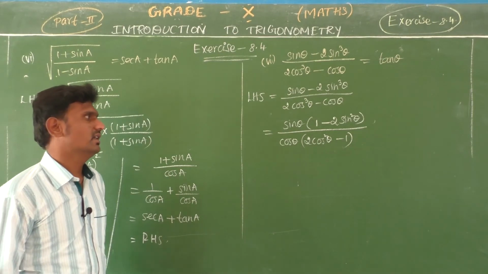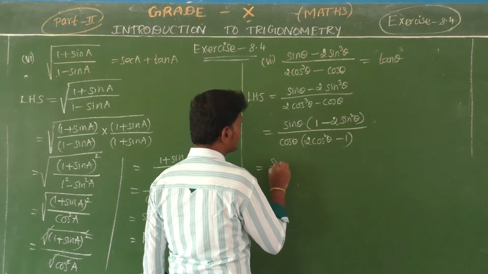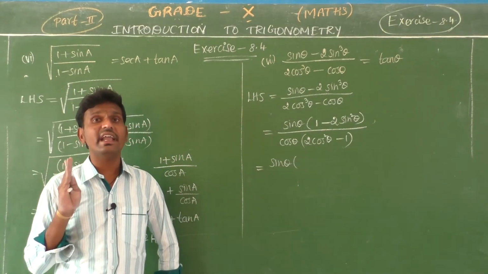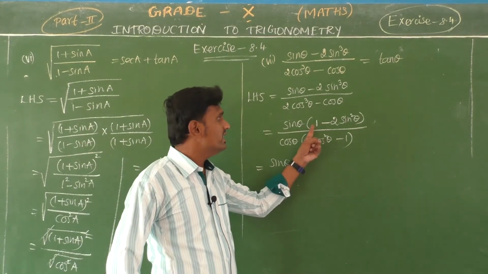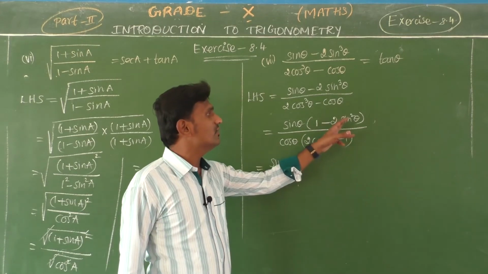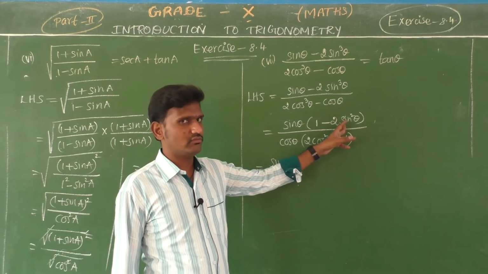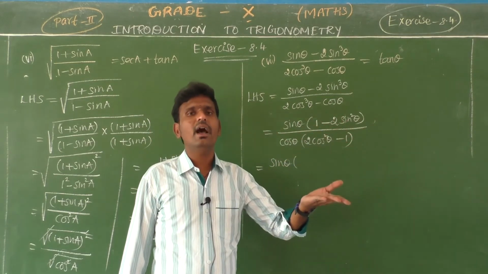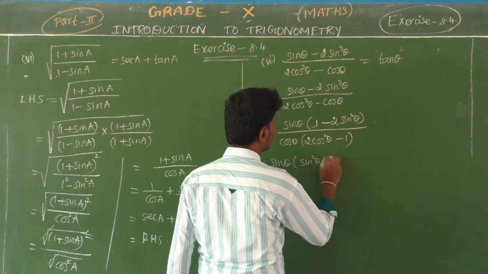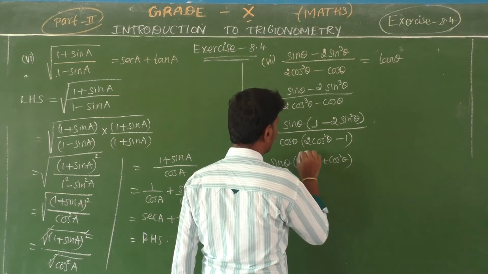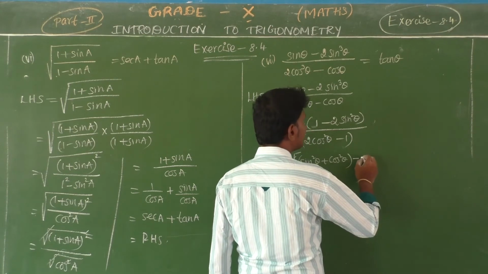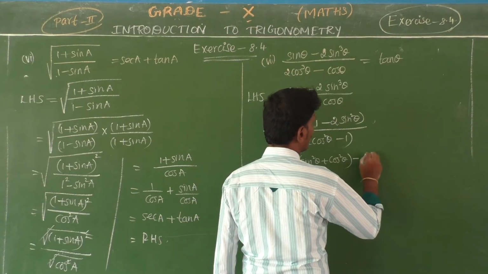Now see, sin theta into... this question is fully for the concept of the first identity. Now in the bracket you have 1 minus 2 sin square theta. Here we know that sin square theta means 1 minus cos square theta. So take that concept, or otherwise here you have 1. 1 means I am going to consider sin square theta plus cos square theta. Or I have cosecant square theta minus cot square theta, secant square theta minus tan square theta, also 1, no? Shall I consider that?